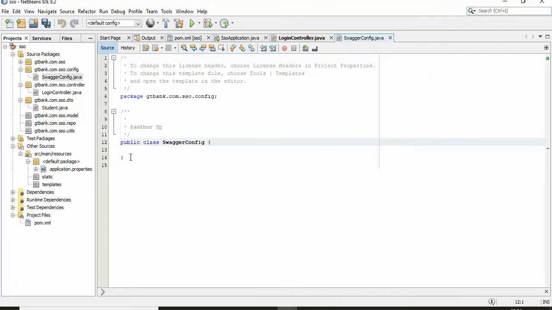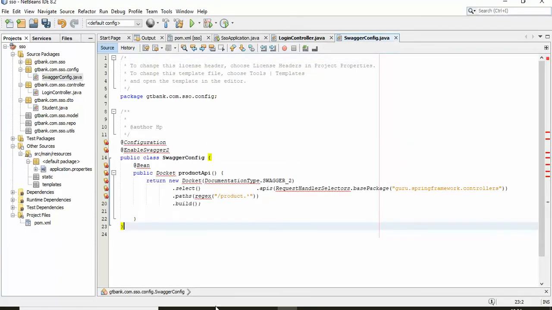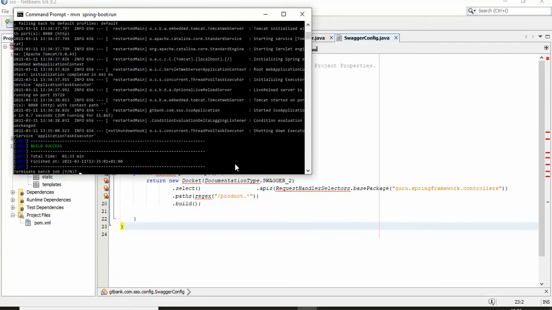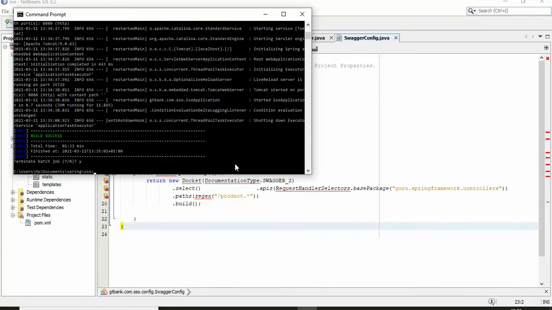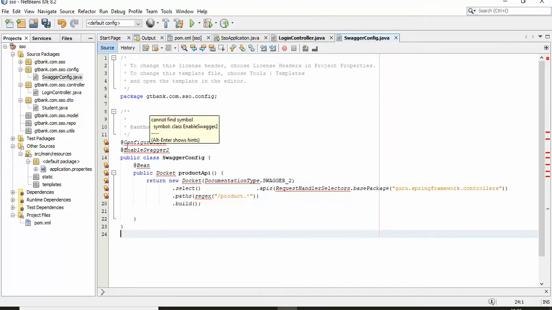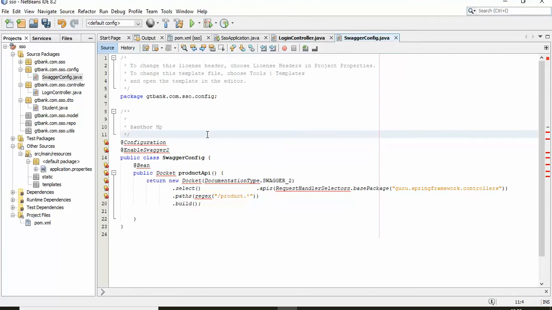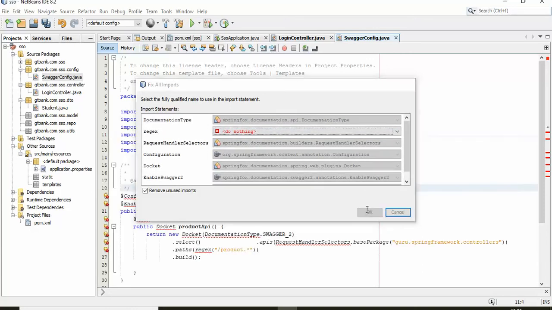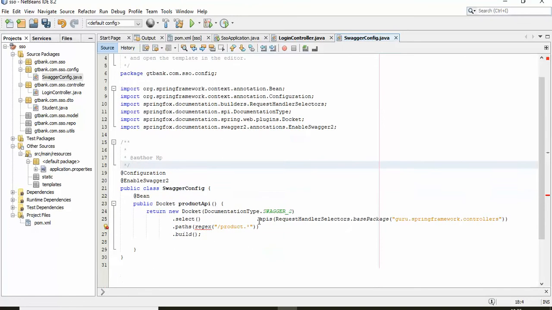So that with import, since that is downloading already, I don't know if this guy is done. It's not done yet. Oh, it is on. Yes. So I have to press Control Shift I to import Swagger 2. So this pattern,